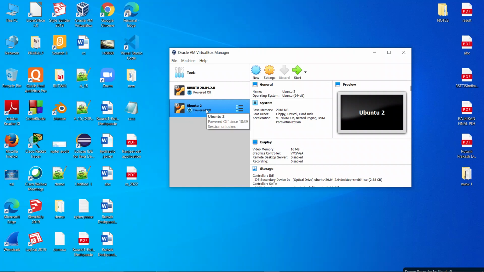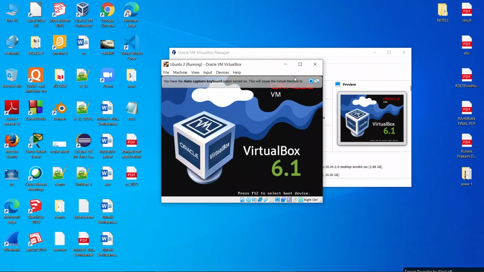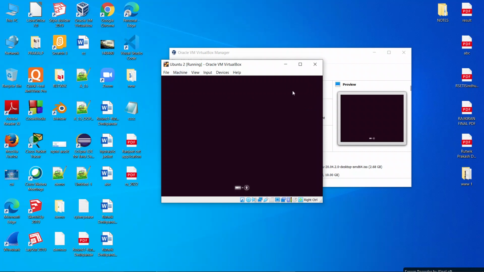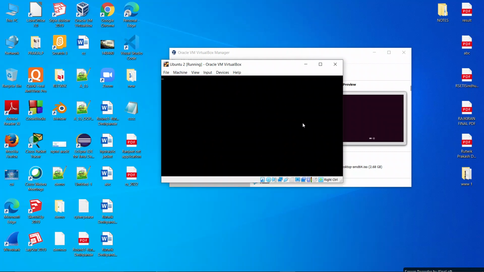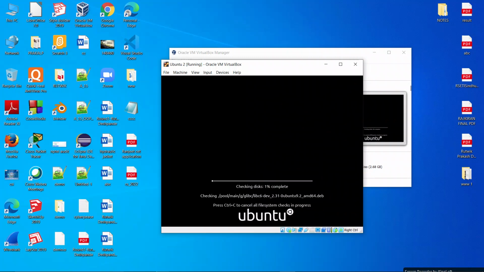So I will click on Ubuntu to start. As it is the first time, it will take some time to install all the things of Ubuntu OS and load into the VirtualBox. So be patient and wait for some time and it will surely start automatically. As you can see, it will be starting the installing process and it will take some time, and the installing has been started and 2% completion. Like this it will go up to 100% completion. Don't click anywhere or close this because it may terminate this VirtualBox installation. And wait for some time.